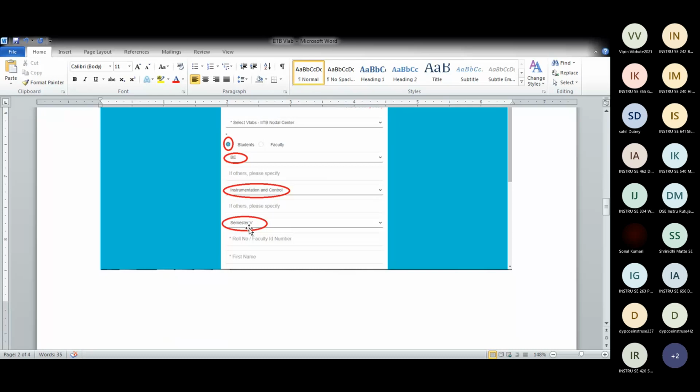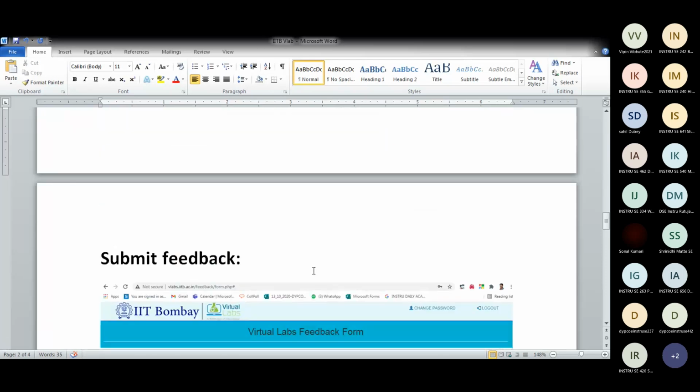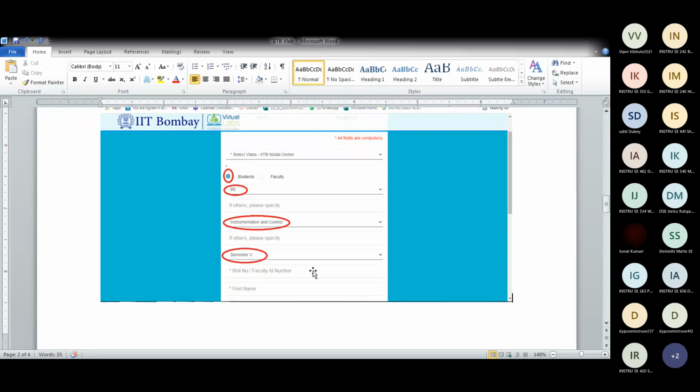Now you're in the 5th semester, in 3rd year. After that, your roll number, first name, last name. Then it will ask your phone number, email ID, and a password for this account. You fill in all these details and register yourself.